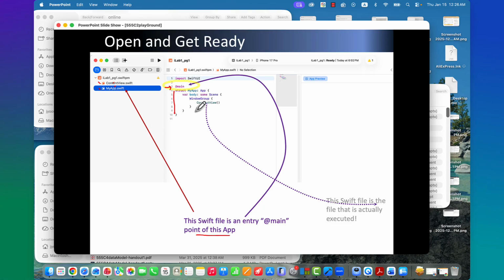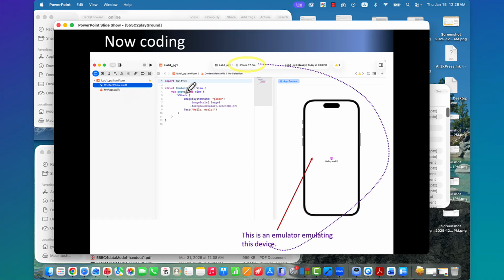So when it comes to here, then there is a content view. When it says content view, that content view is this program. So this is the entry point, the entry file. And in here, it says, hey, we need to activate the content view file. Content view is this second file here, right? Which is this. This is content view. Highlight this so that you can see the content view.